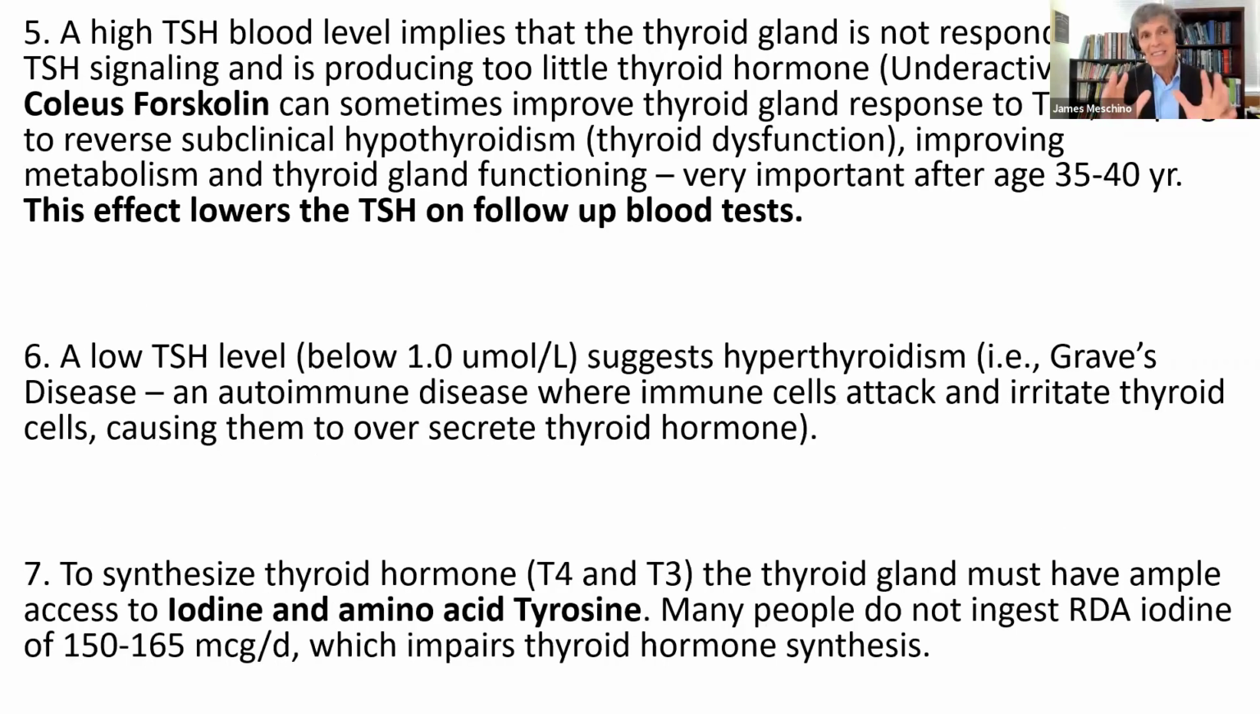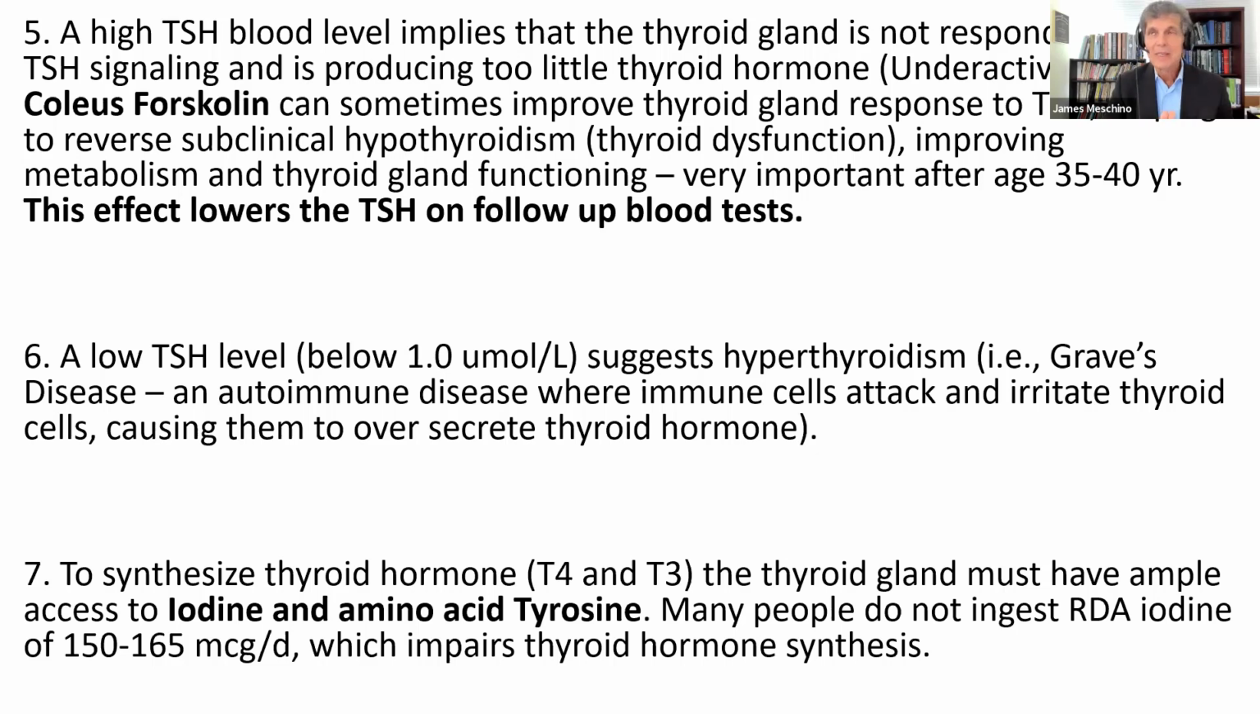So a high TSH, a high thyroid-stimulating hormone blood level, is not hyperthyroidism. It implies an underactive thyroid. If the pituitary gland is having to secrete higher amounts of TSH, it means the thyroid gland is not responding that well. So a high TSH blood level indicates that the thyroid gland is not responding and you have an